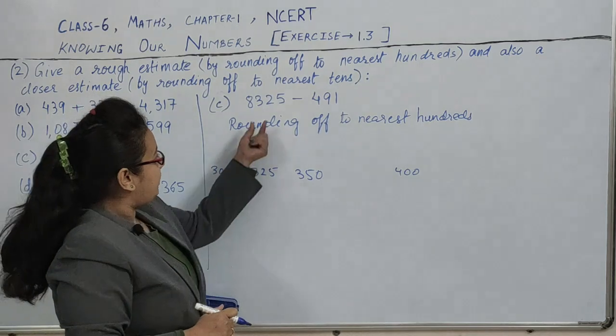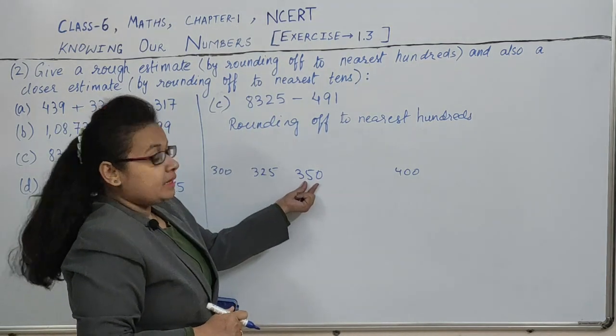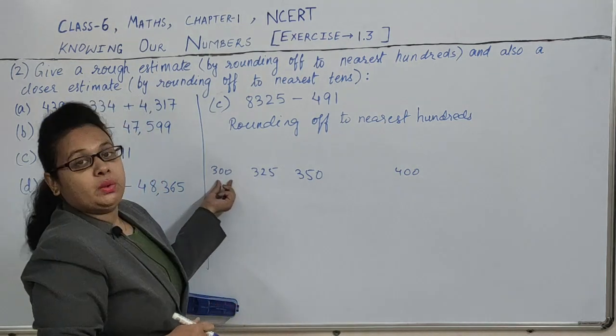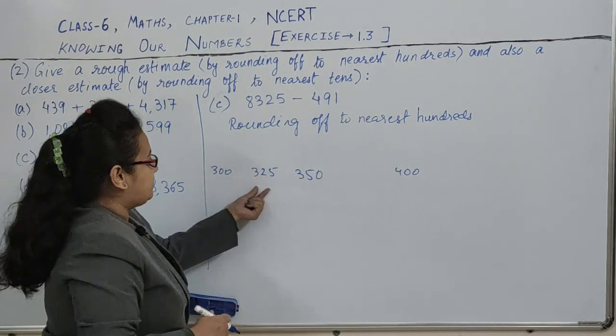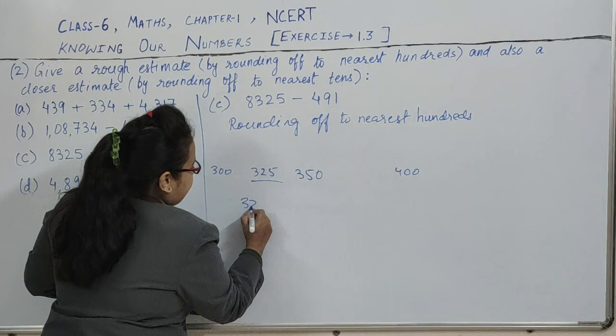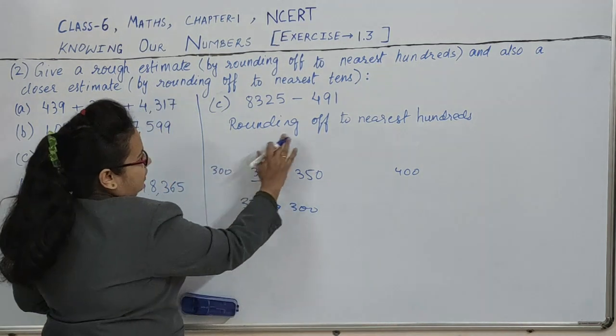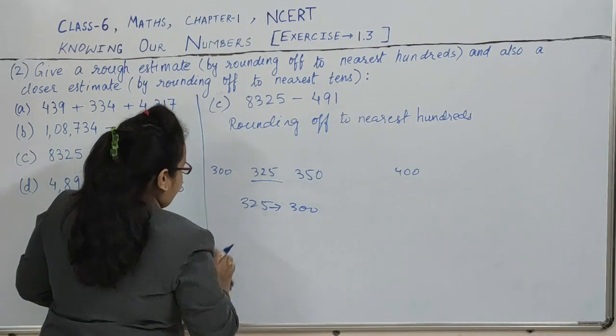And this 325 is less than the middle number and it is closer to 300. So this will be rounded off. This 325 will be rounded off to 300. So this number will be rounded off to,